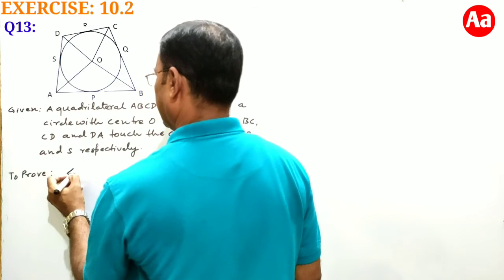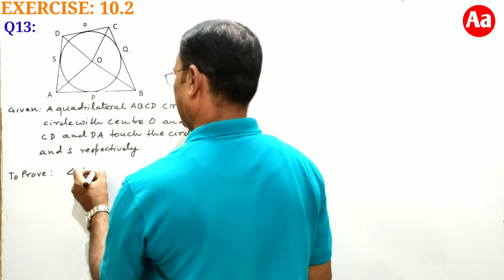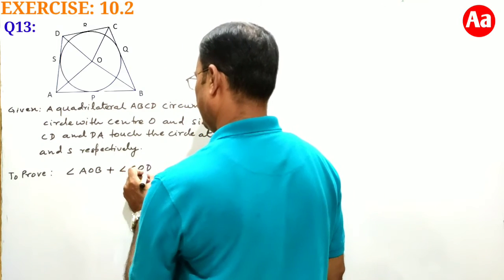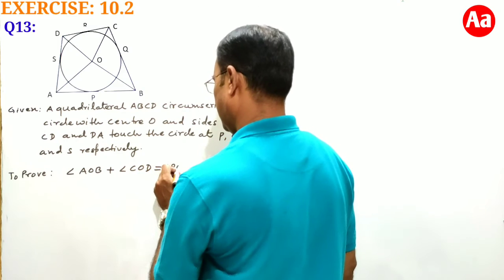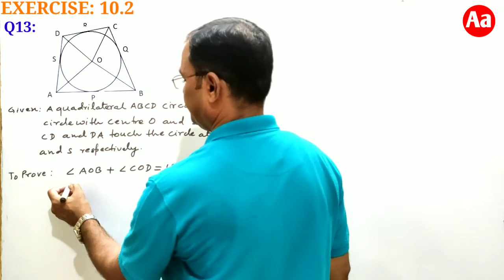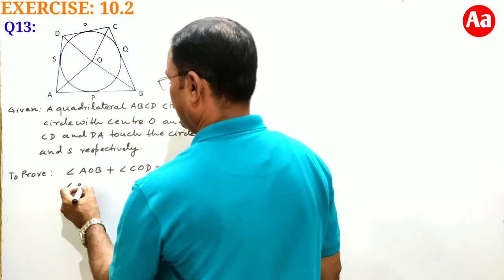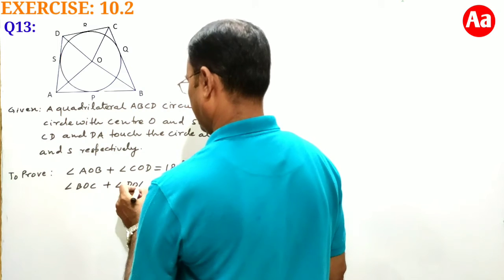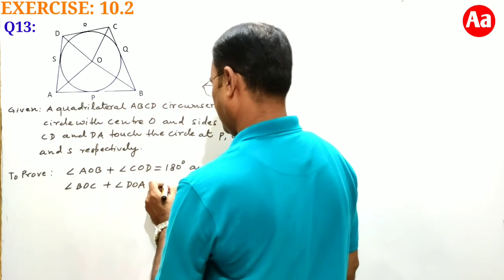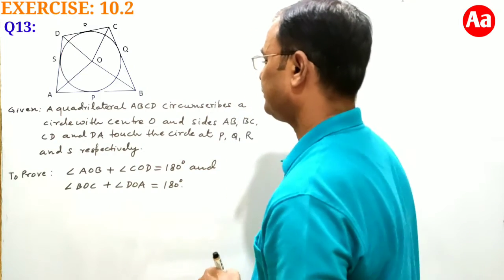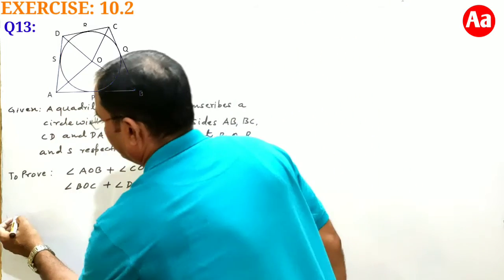We have to prove that angle AOB plus angle COD is equal to 180 degrees, and angle BOC plus angle DOA is equal to 180 degrees. Proof: